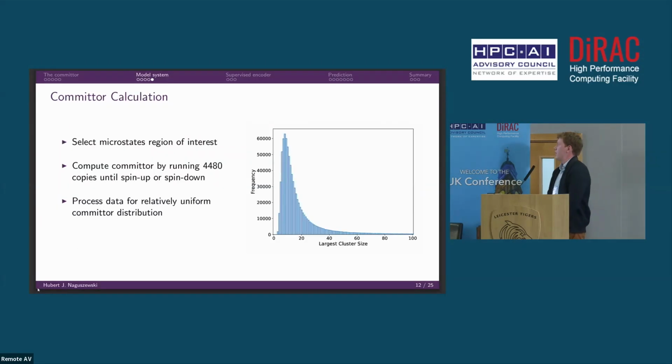As that's progressing, we have an output of all of the different microstates. Once you have your entire data set, you have 18,000 grids, and you dump them every, in this one, 100 sweeps, and you run it for 50,000 sweeps, right? You end up with quite a lot of data and have to process it. You want to select a portion of your data to actually then calculate the committor for. And so we're going to be using the largest cluster size, a little bit more on that later, but this